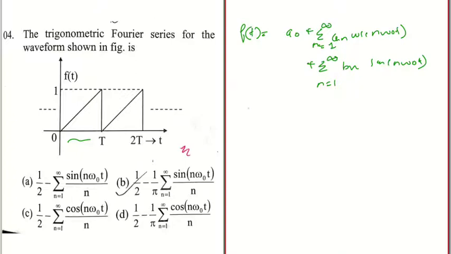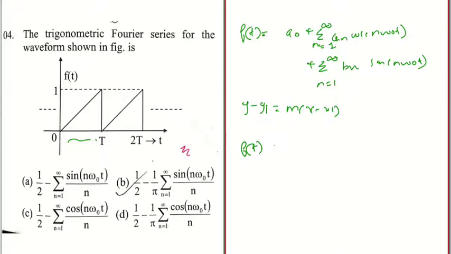So first of all we will find out what is a0. a0 is equal to, whenever these kind of questions are asked, we will first define our function. Okay, so f of t, we will write the equation for f of t. So write in the equation, that is a f of t y minus y1 equal to m into x minus x1, right? Instead of a y, here it is f of t.